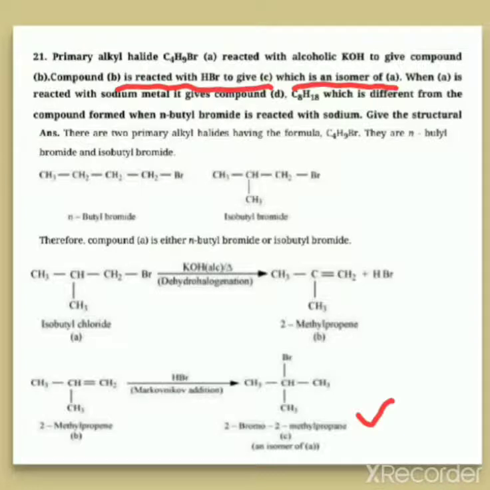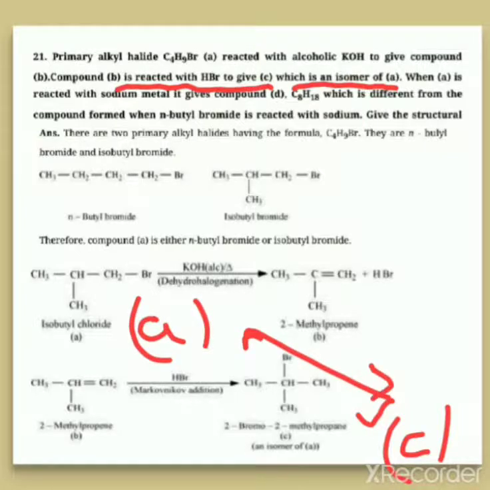So you have to compare this C with A. Which one is A for us? This one is A. So are they isomers? Just check the structures. How will you check for isomers? Count the number of carbons, hydrogens and Br. In this there are 1, 2, 3, 4 carbons, and here also 1, 2, 3, 4 carbons. When you count the hydrogens and halogen, you find the same number of carbon, hydrogen and even Br. So these are two isomers.